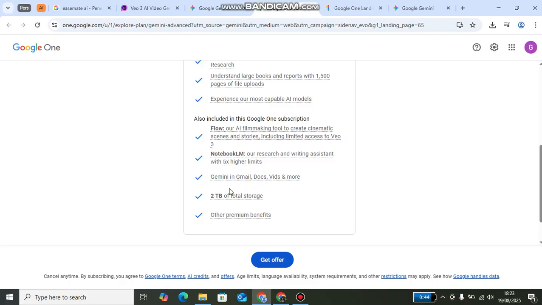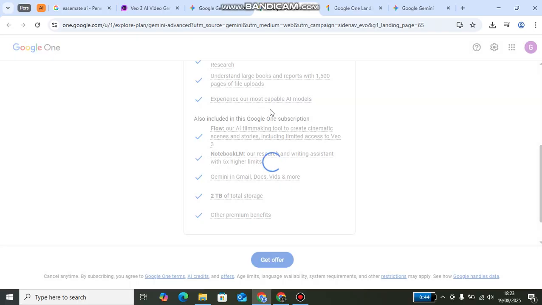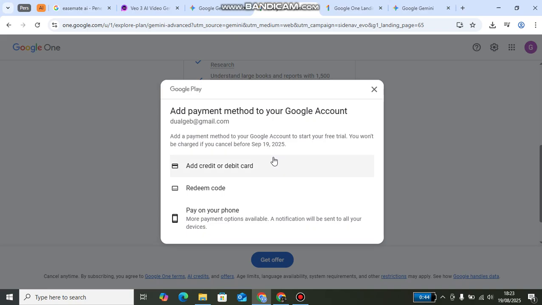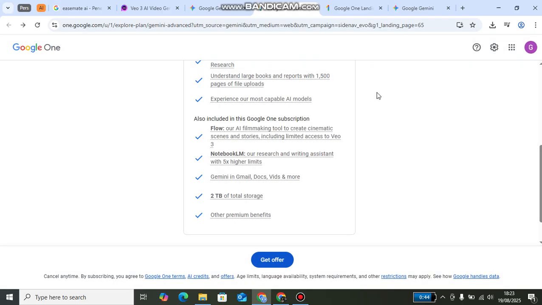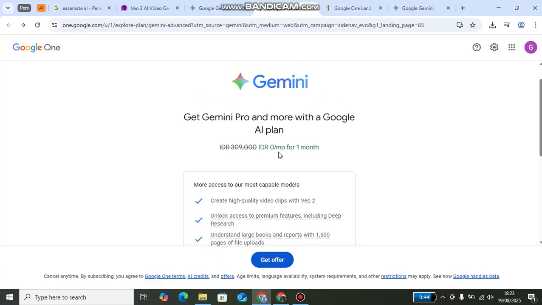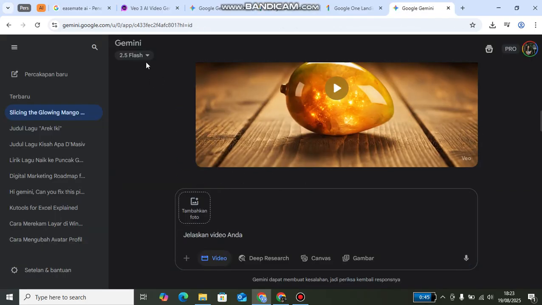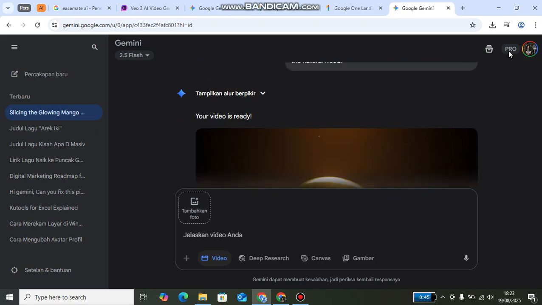And if you are interested, then you can start to get the offer, and after that you can connect your debit or credit card, or you can connect it to your electronic wallet or pay on your phone over here. And after you connect it, since the price over here is 0, this Gemini can be upgraded into the Pro version,